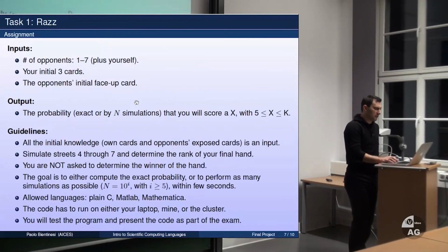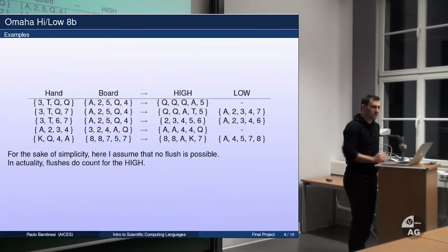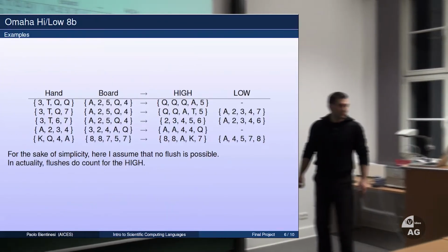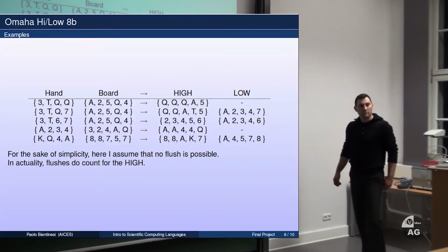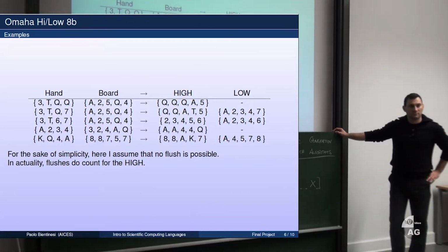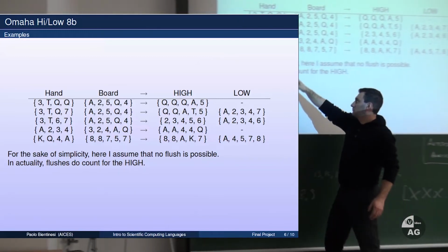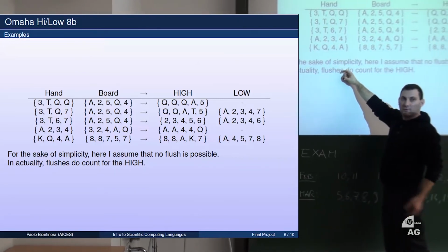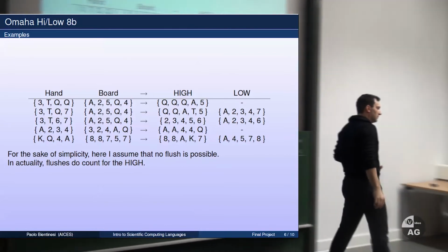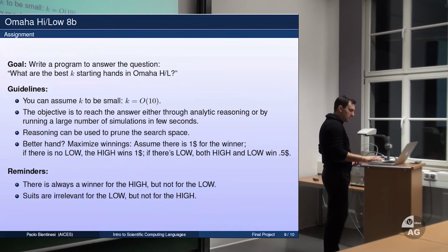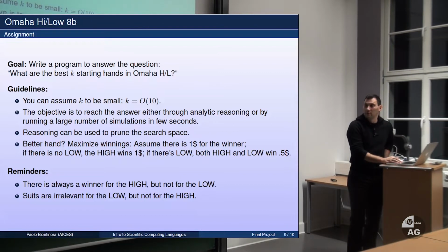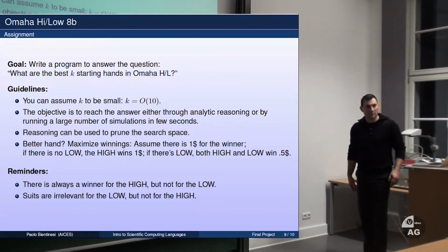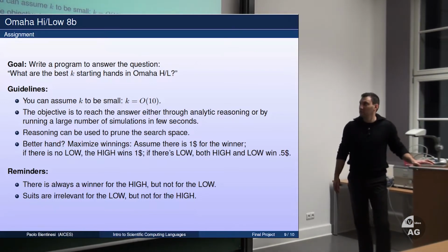Are the common cards part of the input? There is no input. So when you say you want the first K best hands, you want the configuration of hand and board? No. Starting hands. Is this clear? But the value of the starting hand depends on the board cards. Of course. That's where the simulation comes into place. And the board cards are random. Yeah, you don't know them. Okay.